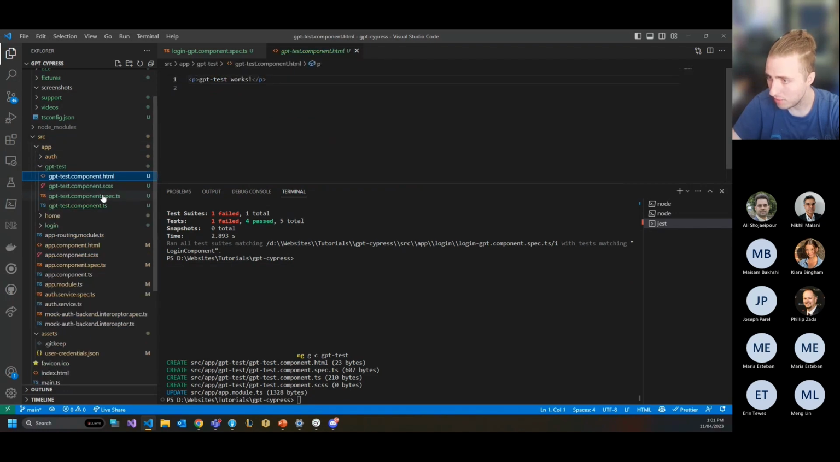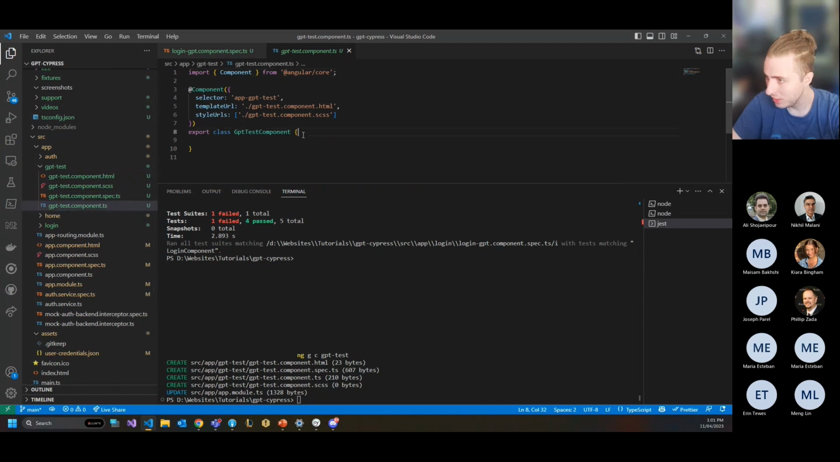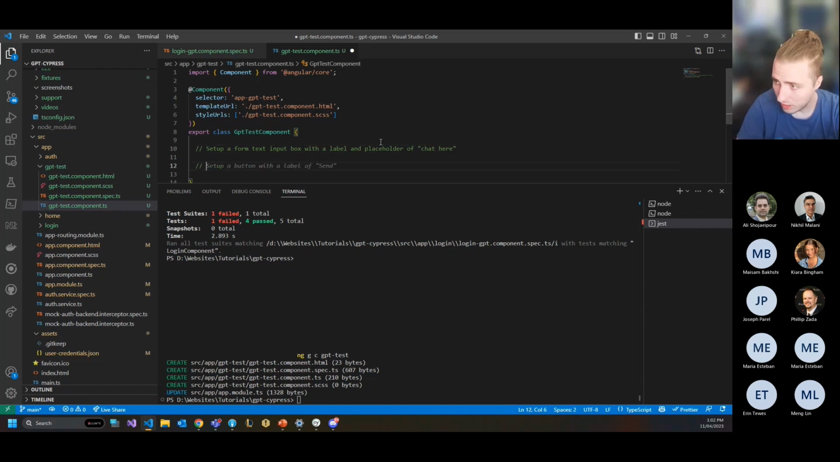Okay, so I've got a GPT test. This is completely fresh. I'm going to write in here a few comments of what I want it to do. We should have a form input box with a label and placeholder. We should then